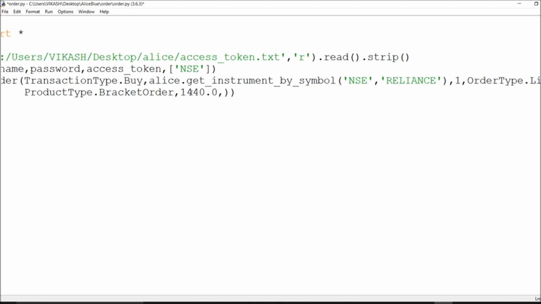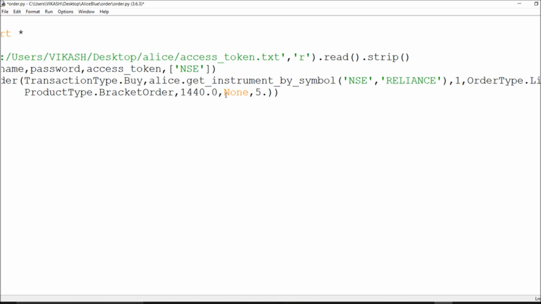In between, I have to give the trigger price, but for a cover order price we are good to go. So we have to say None, because we are not using any kind of trigger price. We only have to specify the limit order, square off and stop loss. I have given an upper limit of 1442, so it will definitely place on market order. According to the market order it will take a stop loss and target.